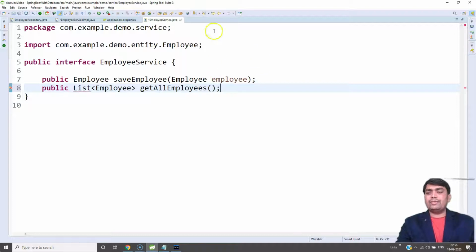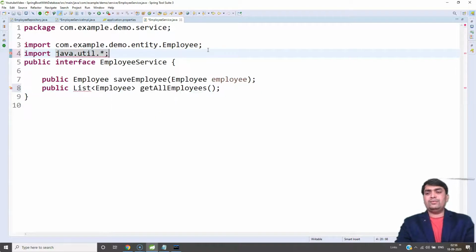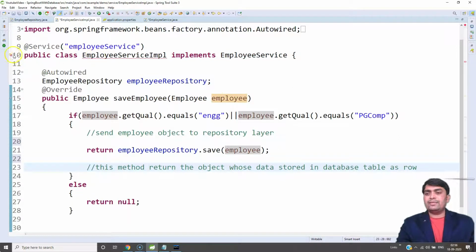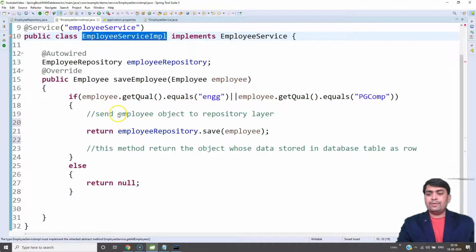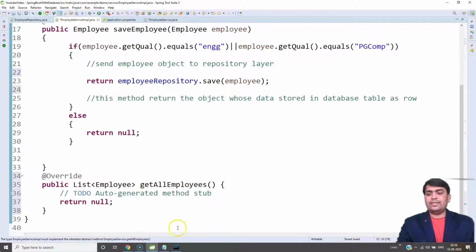This is a simple method we want to write here. I am writing import java.util.*. Then in the service layer, click on add unimplemented methods. This is your method. This is the first stage.